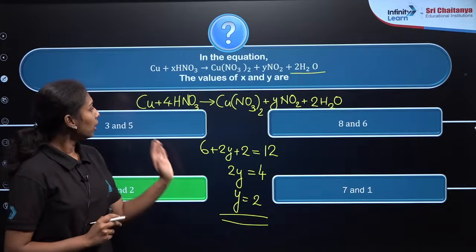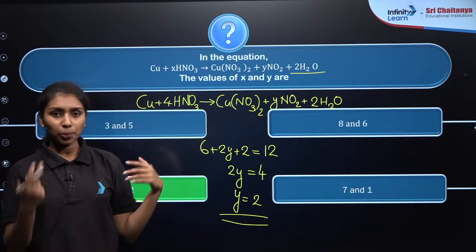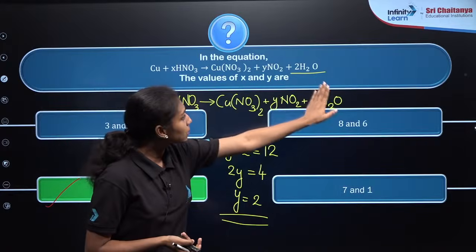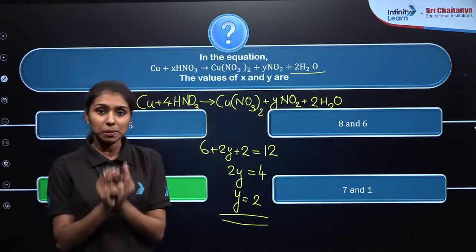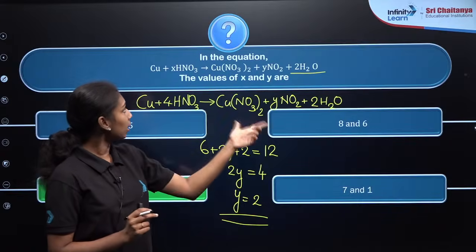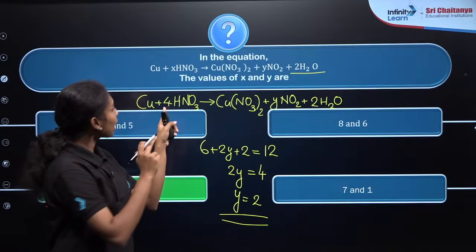Is there any doubt? What we need to do first? First, we need to identify the balanced term in the reactant side or product side. So here it is observed 2 water is present. From the 2 water, it is identified that 2 into 2, 4 hydrogen atoms are present in both reactant side and product side. So first I am balancing the hydrogen atom as 4 here, 4HNO3. So the X value will be equal to